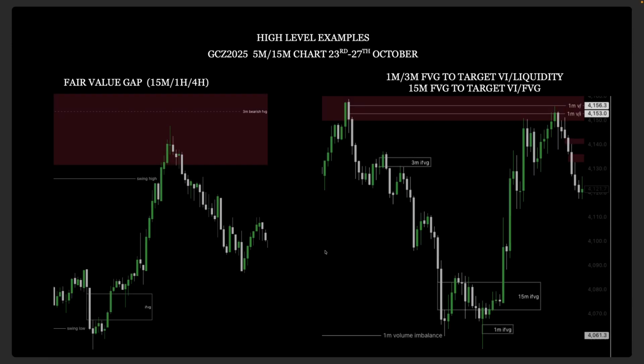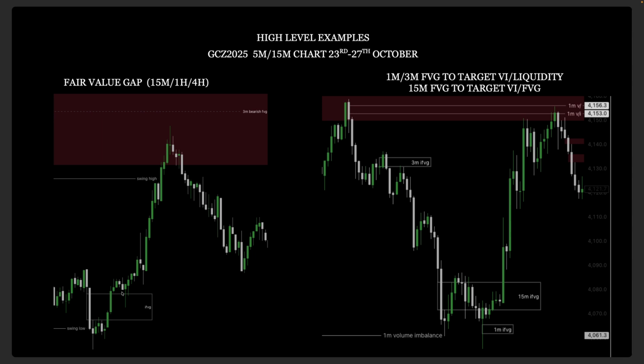All right, so two high-level examples on the gold chart again, 5 and 15-minute chart, 23rd to 27th of October. In the first example on the left, we have a 5-minute bullish inversion fair value gap. Bearish push to the downside, take out a swing low, and then a bullish push upwards. We come back and visit this price once. This is the optimal trade entry, but